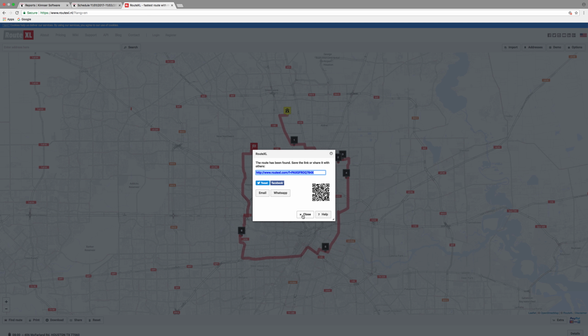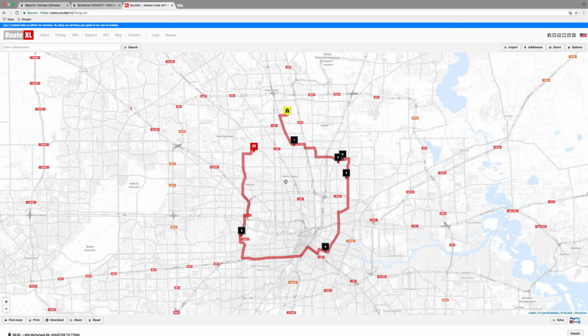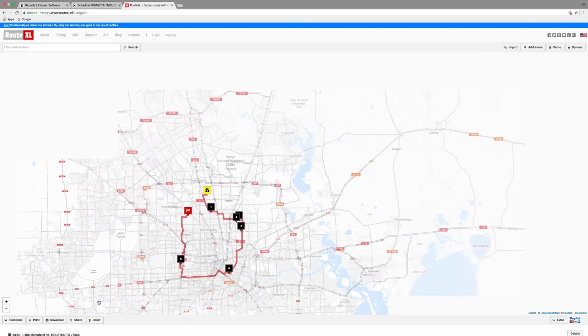I'm actually going to close this out and just take a harder look at this. So it actually shows you your starting point. So if you lived here in Greenspoint, you would get up. This would be address number 1, 2, 3, 4, 5, 6, 7, and 8. It only shows 6 because it assumes your starting point is one address, and then you've got an ending point. So this is a total of 8 homes. So if we scroll down,